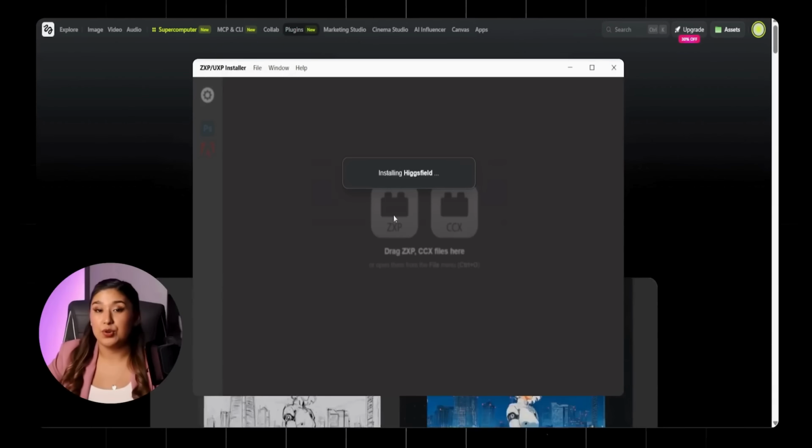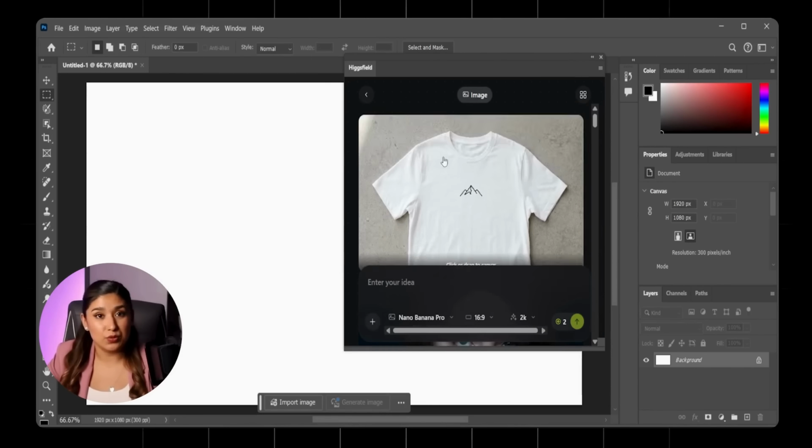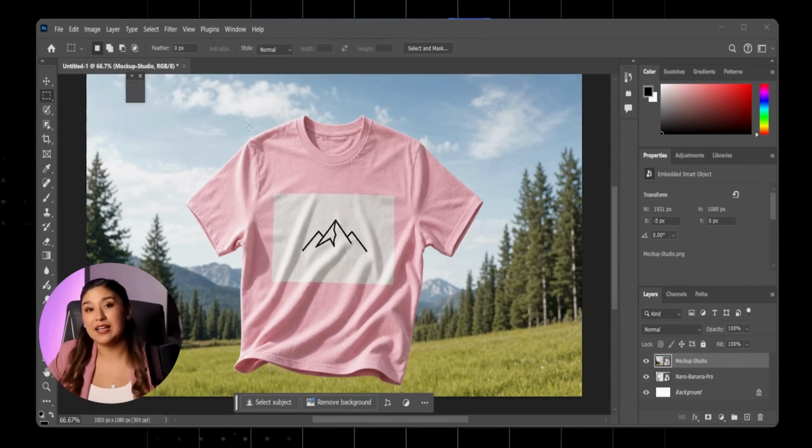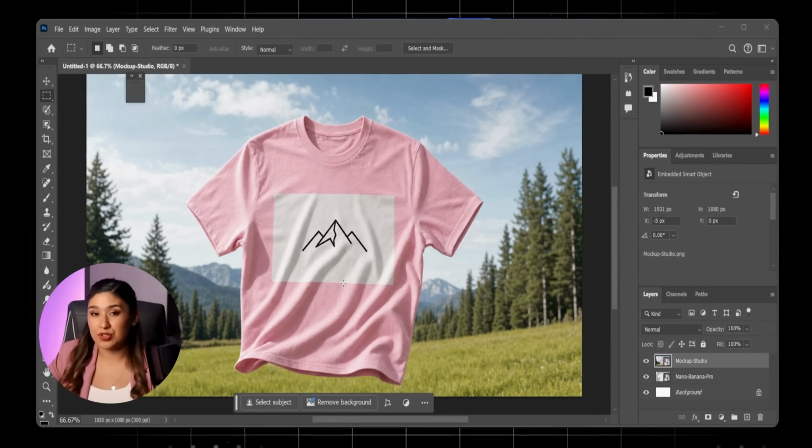By the end of this video, you are going to know exactly how to connect the tool to your Photoshop workspace, generate a stunning product photo from scratch, build a high-converting mockup, and design a commercial poster, all without leaving